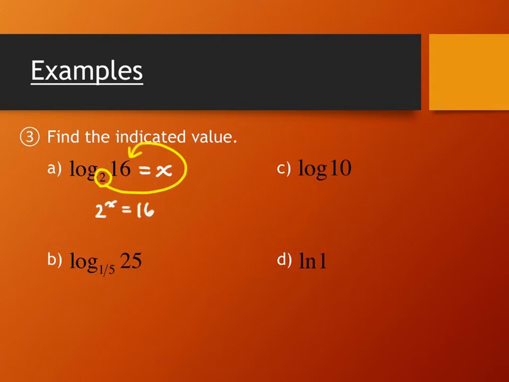2 to the x equals 16. If you can see it right now, that's fantastic. What is the value for x? It's 4. If you can't just look at that and see it, then what you would do next is you